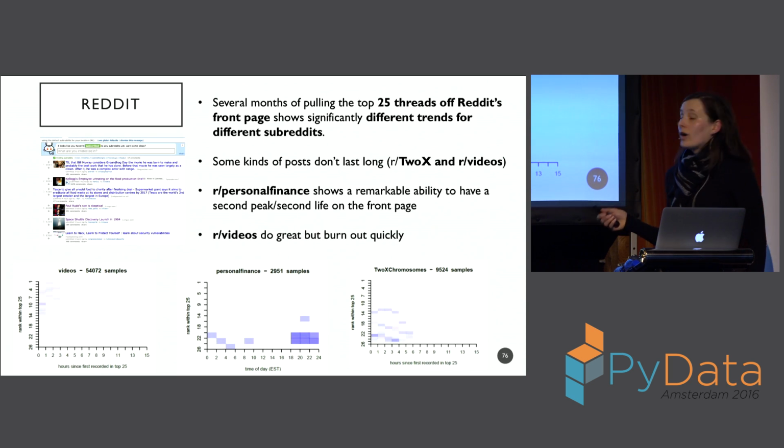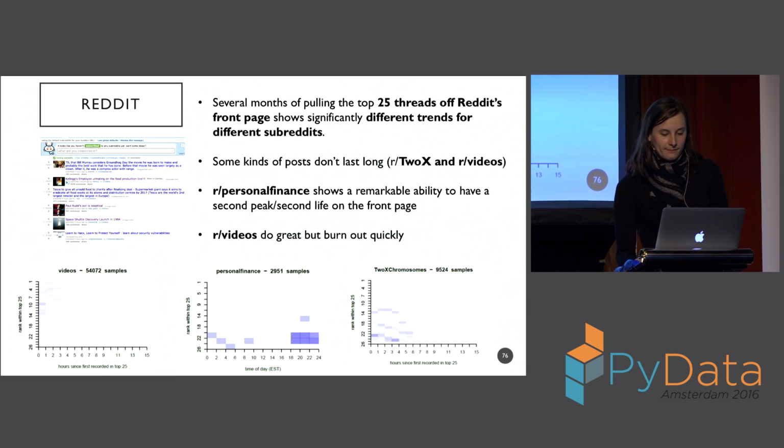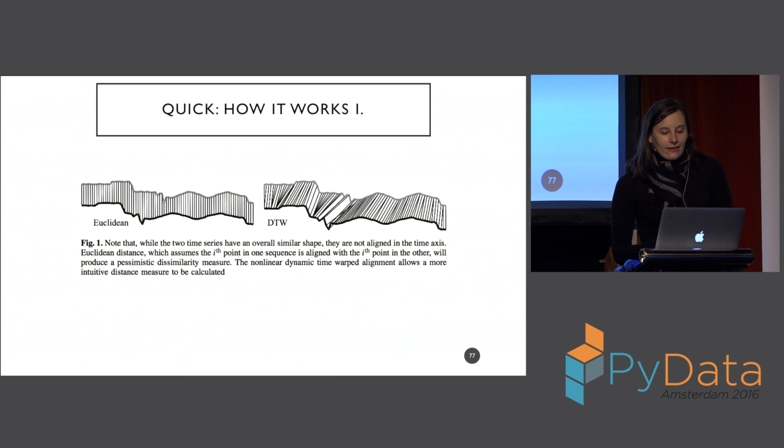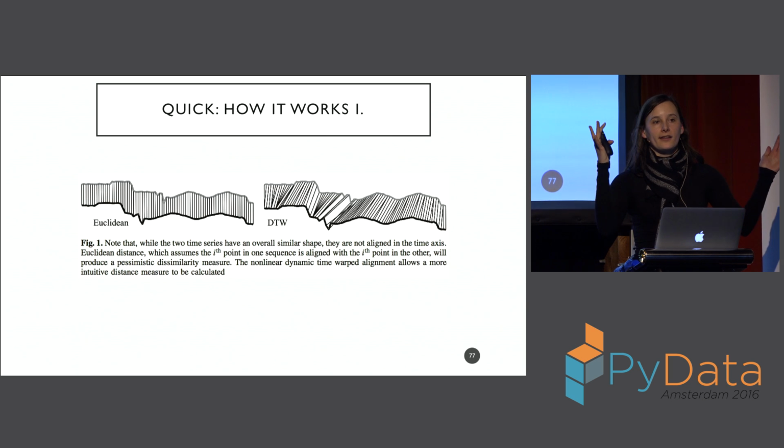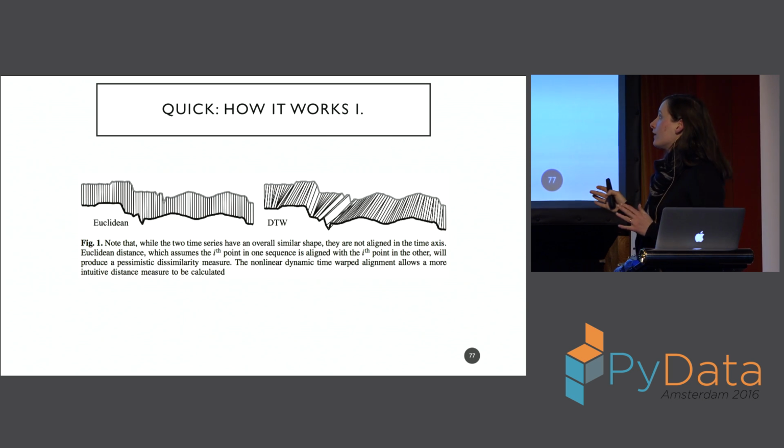But it just shows you what you can learn from grouping time series. So quickly, how it works, in case you haven't seen it: you don't want to do Euclidean distance. That actually gives you some really crap results. What you do is figure out the best fit of one time series to another so that you are controlling for offsets, right? Offsets aren't really that meaningful. What is meaningful is how the shape matches.